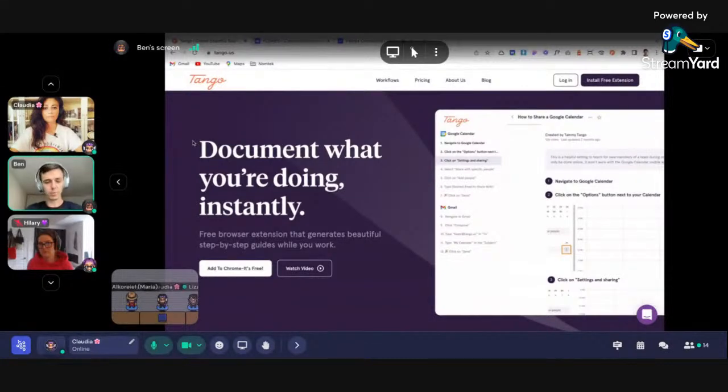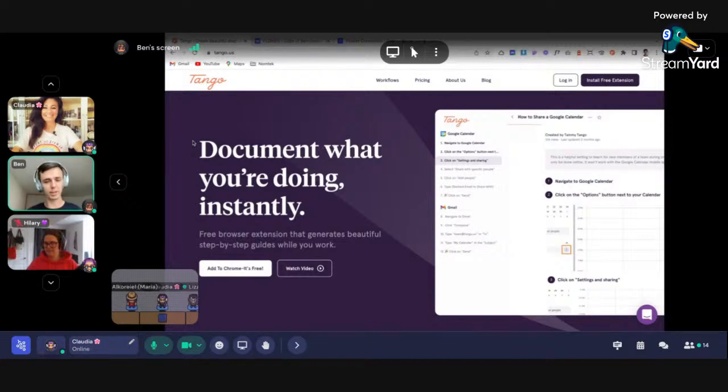So I used to be a lawyer before IT, so I have a bad relationship with documents and with creating written stuff. So when I discovered this tool, I was super excited. And now, enough me talking, let me just show you how the tool works.